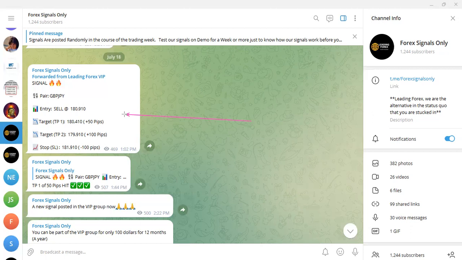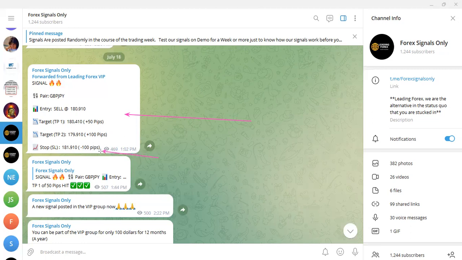And it's GBPJPY sell. As I speak, the profit has hit. But I want to use this as an example to explain the risk management stuff that I'm talking about. A few people will see this signal and say, hey, Kofi, your stop loss is about 100 pips over here.